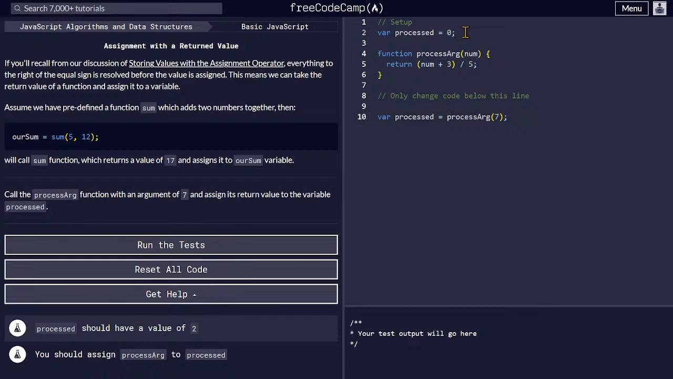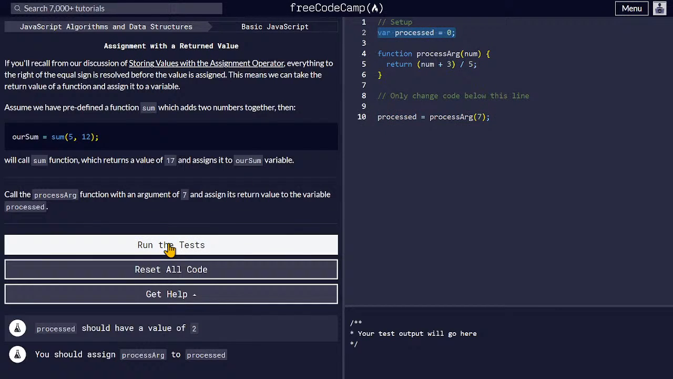First of all, the value variable is already declared here with 0, declared and assigned. The function process argument takes an argument number, and it returns something: the number plus 3, divided by 5. With 7, 7 plus 3 is 10, and 10 divided by 5 is 2, so it will return 2 and it is stored in this processed variable, which is the global variable here. So if you run the test,